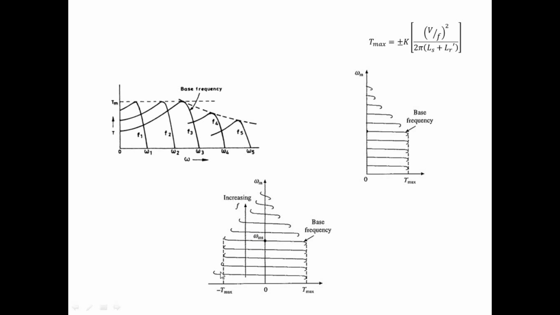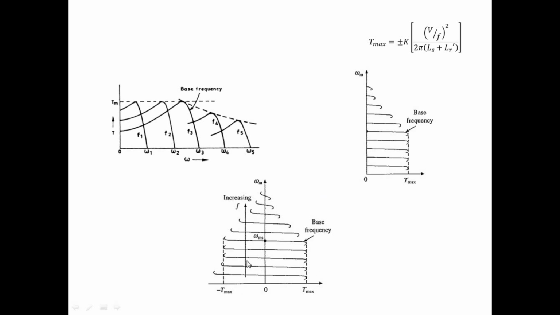And here also, up to base speed or rated speed, we can get a constant T max, and beyond the rated speed the T max will be decreasing. So there is a limitation for the maximum speed, since for a higher speed the maximum torque will be decreasing, so there will be no torque. So there is a limitation for the higher speed. Up to rated speed we can get good speed control by getting full maximum torque. So that's the advantage of V by F control.